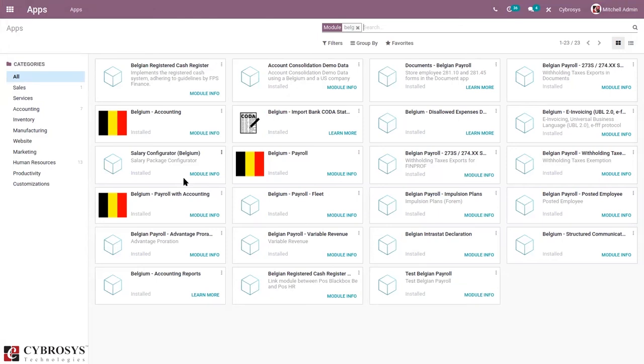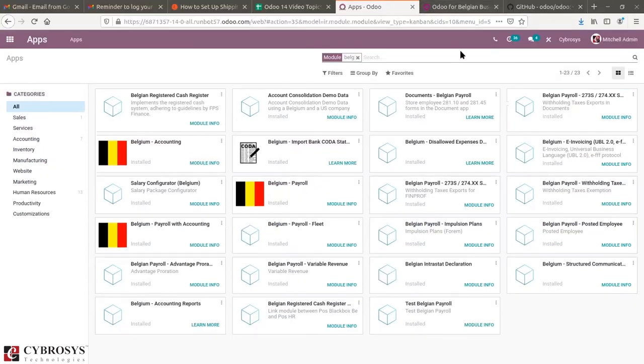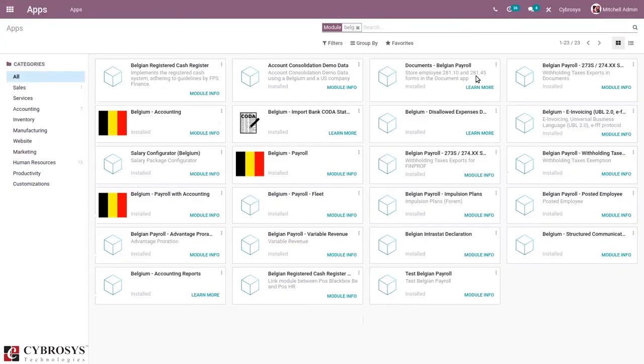Using this module, you can choose only the benefits you want, while keeping the employer cost at the same level. Our salary configurator module can be integrated with payroll, employee recruitment, and fleet applications.